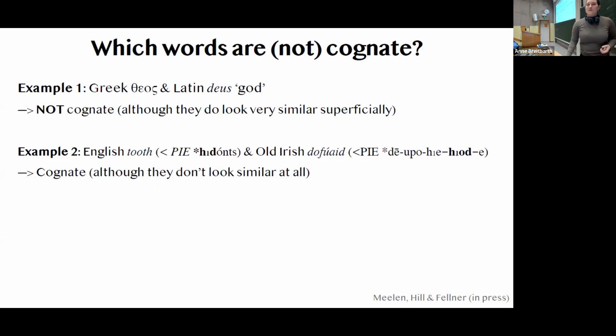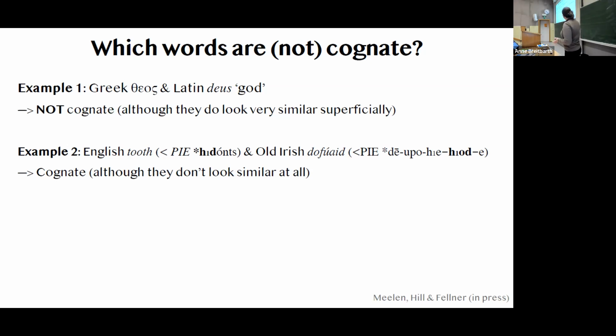So which words are cognate and which words are not cognate? The prime example that you find in textbooks is, for instance, Greek theos and Latin deus. They look very similar superficially, but technically they're not cognates. And then there's the other end of the spectrum, I would say, where you have a word like